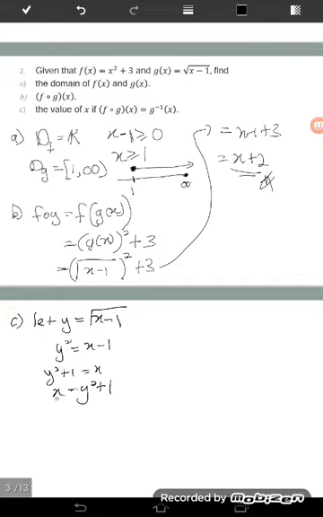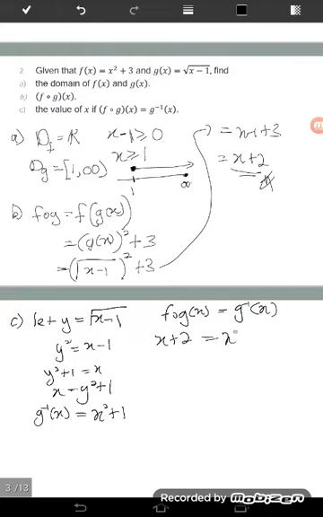Alright, so next, we already have x equal to y squared plus 1. Therefore, the inverse function of g is equal to x squared plus 1, so we substitute y with x. And then from this equation, we have the composite function of f and g equal to the inverse function of g. So substitute the composite function of f and g, which is x plus 2, and the inverse of g is x squared plus 1, and then rearrange.